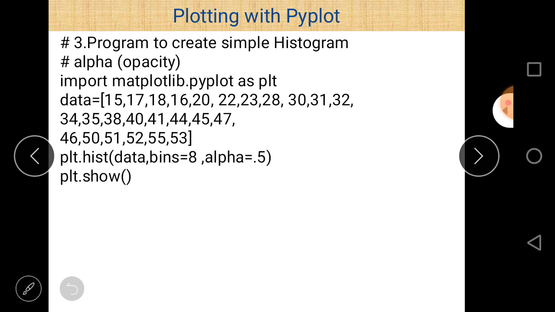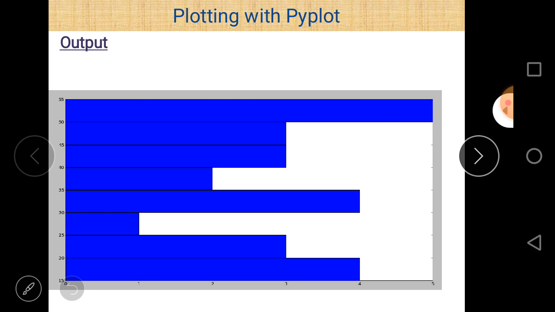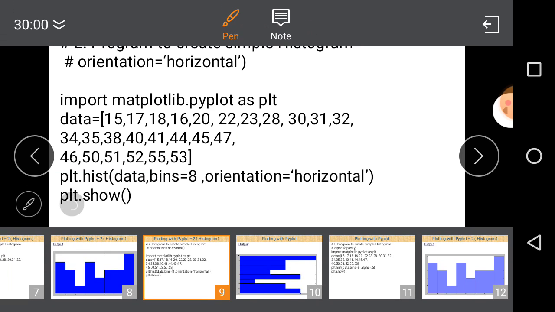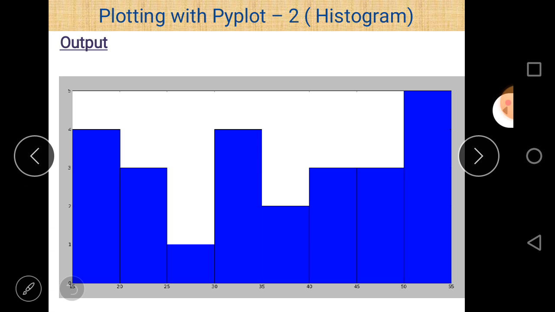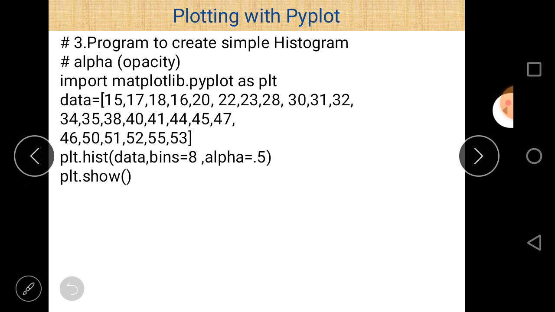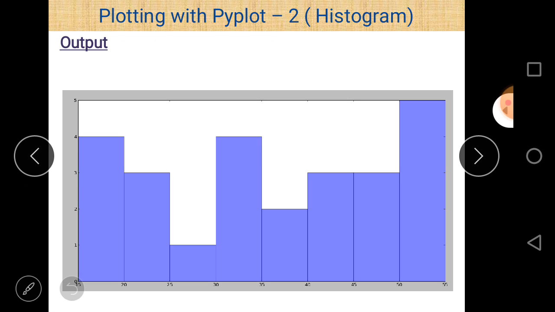This is the output of the last program. In this program we can see easily the color is dark blue, and in this, since we take opacity alpha is equal to 0.5, it means opacity is 50% of the previous one, so it is much lighter as compared to the previous one.